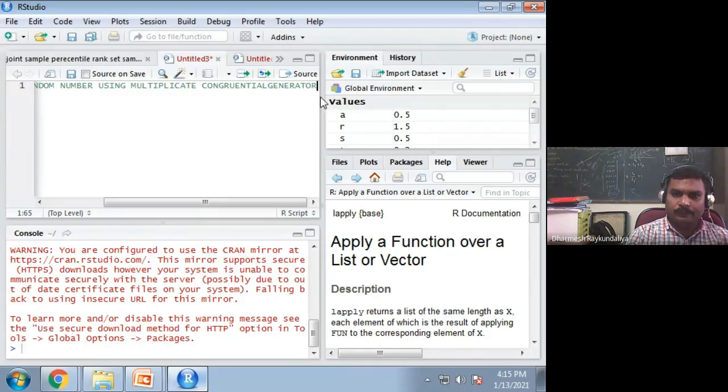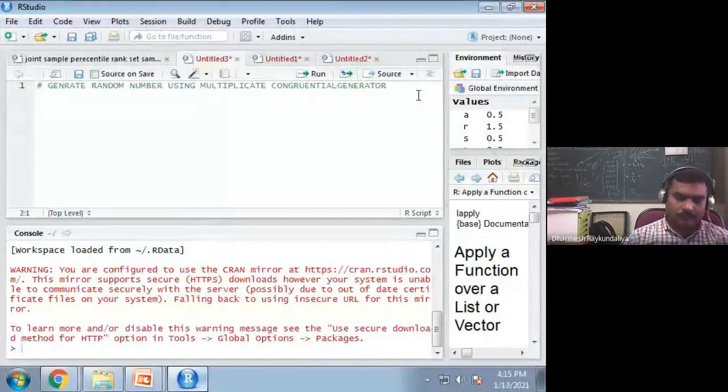Suppose you wish to generate several random numbers using this, so how many? Let us say we wish to generate 5, small n equal to 5, 5 random numbers.